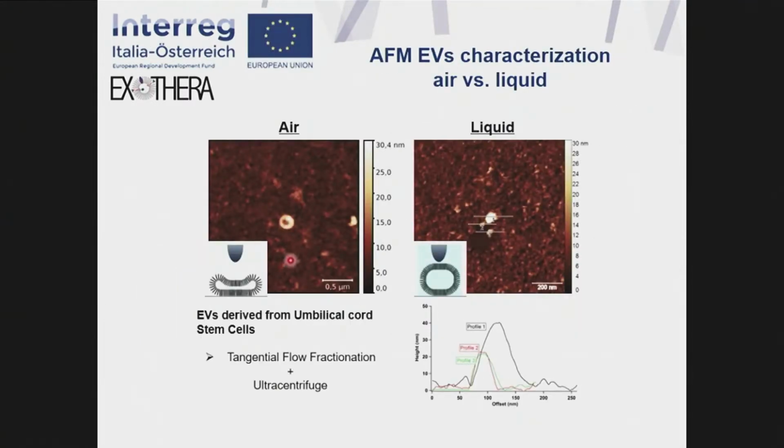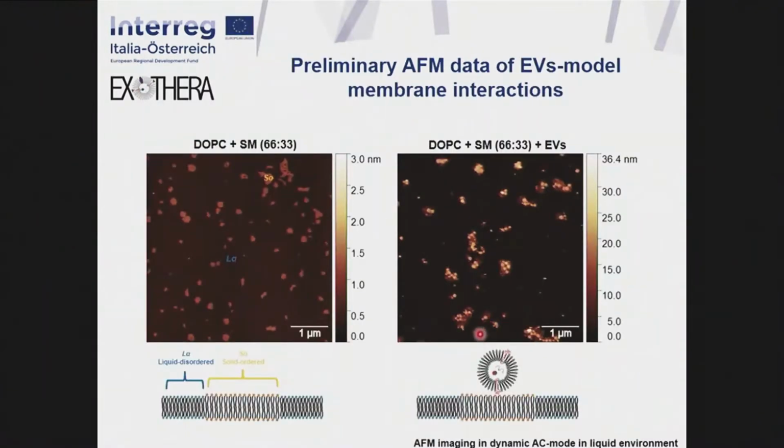At the beginning, we characterized extracellular vesicles with atomic force microscopy, showing that liquid characterization allows us to maintain the structure and morphology of these vesicles, and also allows a morphological and dimensional characterization. These are the preliminary results of the interaction of this structure with model membranes made of two components,